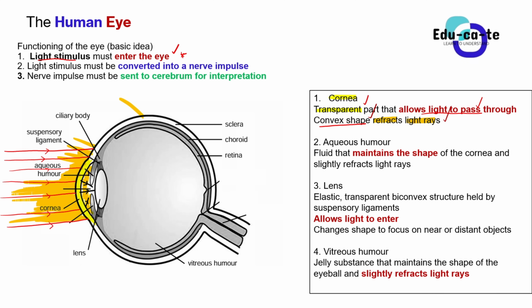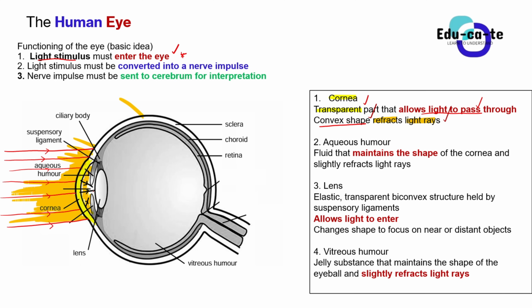So the light rays are being bent so that they can enter. It's more like a window. Remember that the window allows light to pass through, but not all of the light that is outside will enter. The light that fits only the window can enter. Similarly, that's what we mean when we say that the cornea's convex shape allows refraction of light rays.